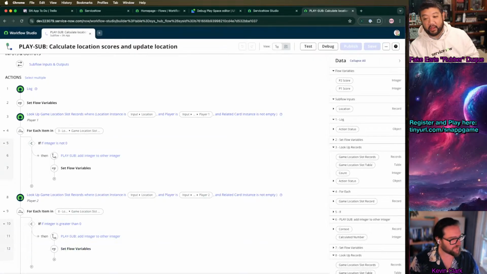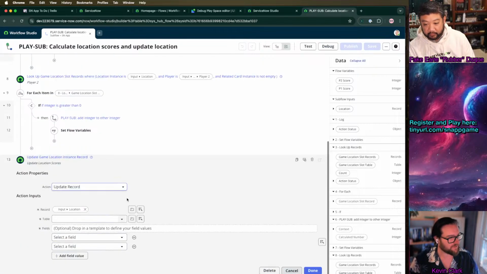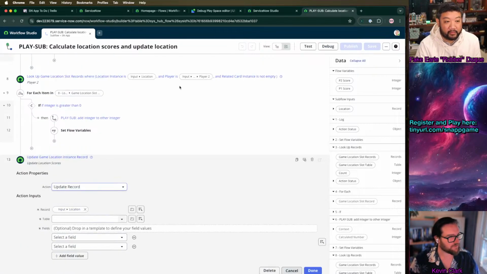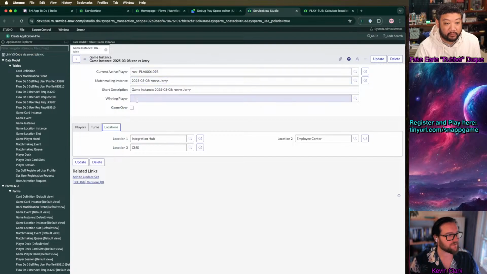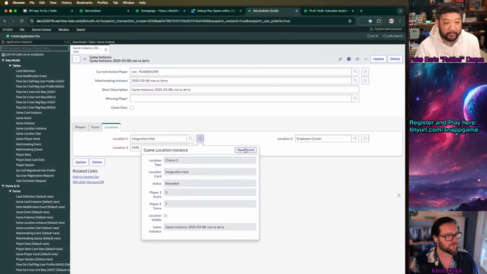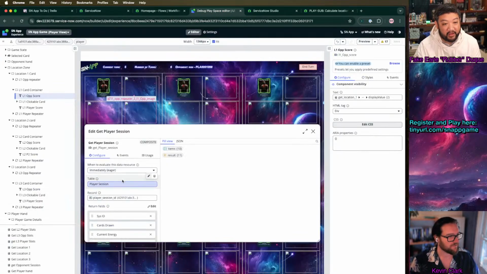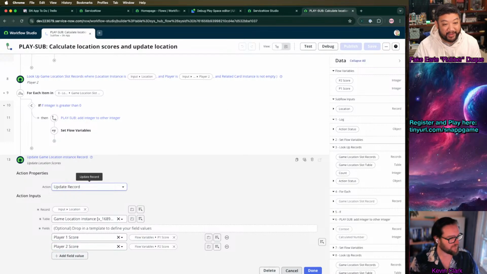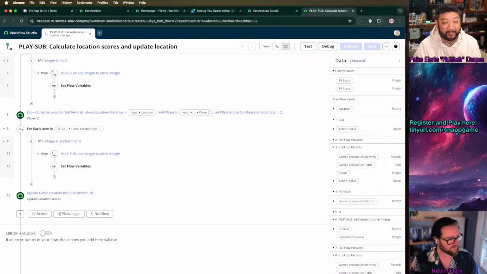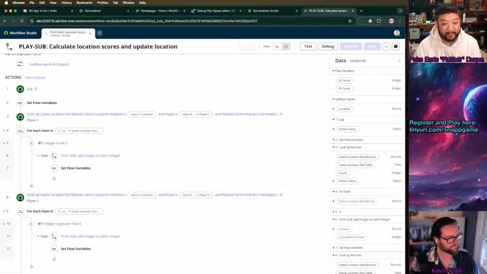So update game location instance record. That is literally the game location record. So that's this location record there. Player 1 slot, and I know the player from the game instance. So really, all I should be doing is, we've updated the record, the player 1 score and the player 2 score, so all we're doing is action